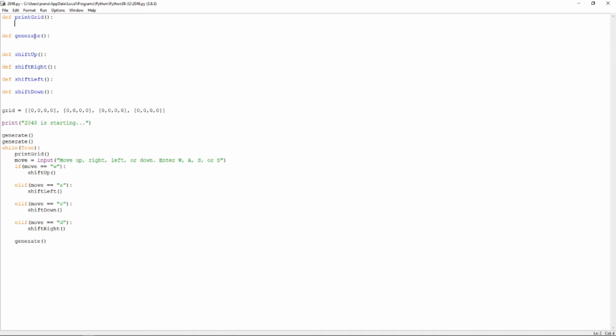So if we go to our print grid, we need to realize that our grid right now is a 2D array. Whenever we want to print something from an array, it's always important to use a for loop, and the reason is because we're trying to go through everything in our array and print it out. So to loop through the grid, we want to have a for loop. Now, let's create a for loop that goes through every element in the grid. So for i in,